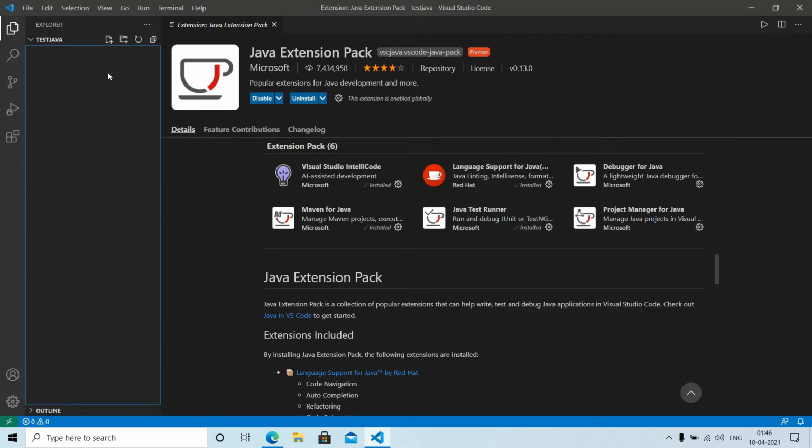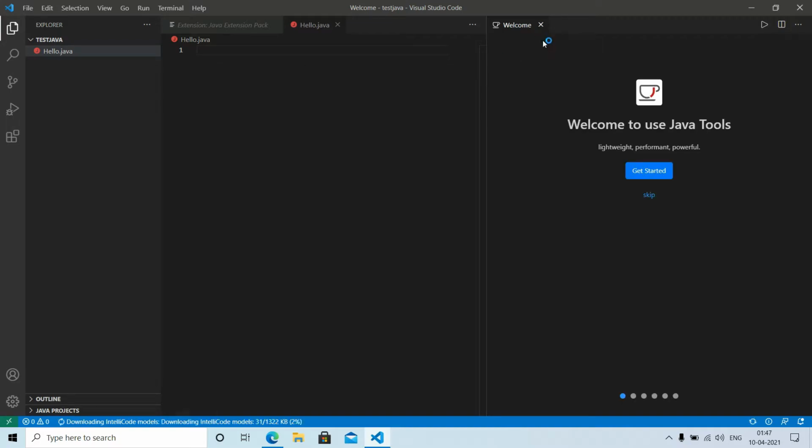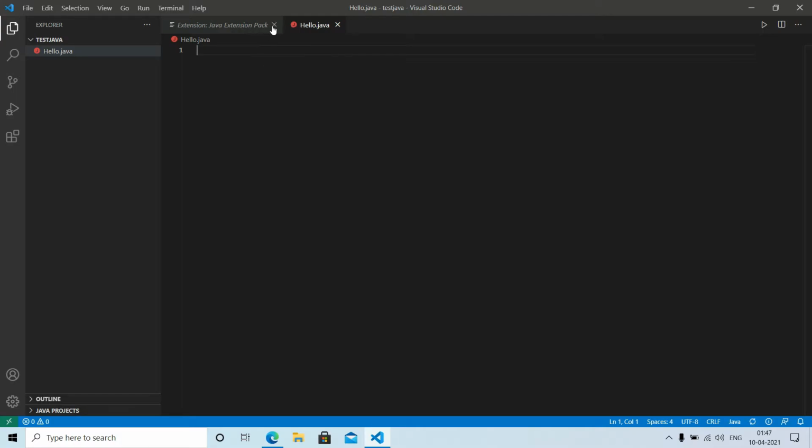Now let's go to files, create a new file by tapping on this icon, and I'll name it hello.java. In Java we need to keep our main class name and our file name the same. So I'll create a class named hello.